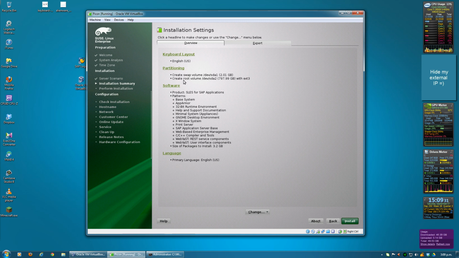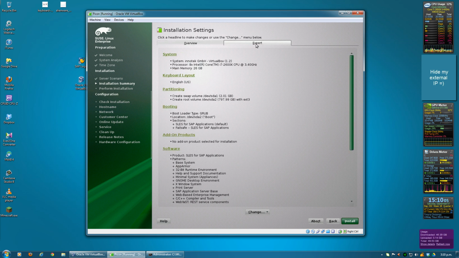Partitioning. Because my virtual drive has been defined as 800 gig, it wants to create a single large root volume, SDA2, as the disk. Because I'm running on a single physical hard drive, a standard 7200 RPM terabyte type drive for a PC, no matter how I carve up the file systems and so forth, I'm not going to get any performance gain. So you've got an option of switching to expert mode here,